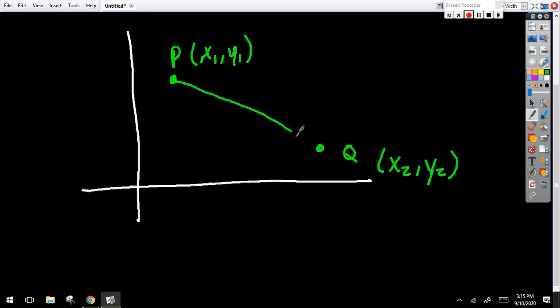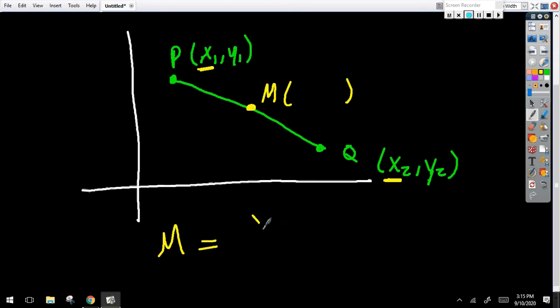And I want to find the midpoint, exactly in the middle. This is what I'm looking for. What are the coordinates of this midpoint? It's very similar to the number line. What I want to do is find exactly the middle of the x's first. So I add the two x's together and divide by 2, just like I did